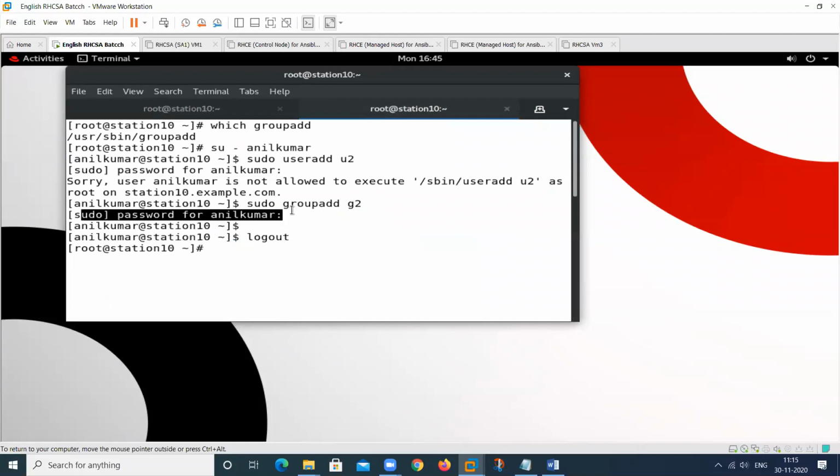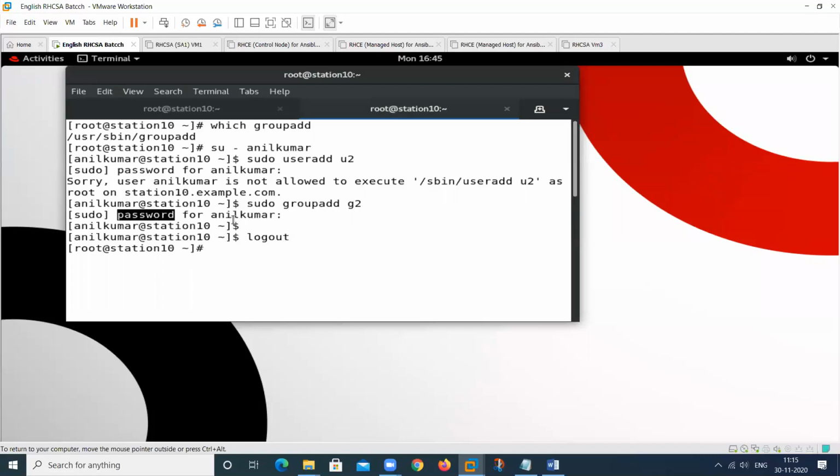Suppose when you give the sudo password, it keeps this entry in its main record location. So this password will be saved for some specific time. When you log in again, it will ask for the sudo password again, because it keeps the entry for some time, not for a long time.